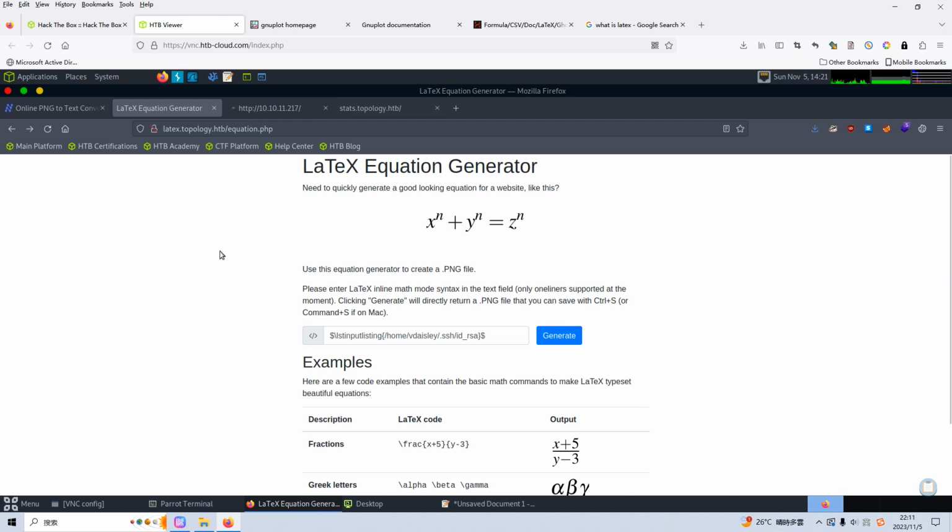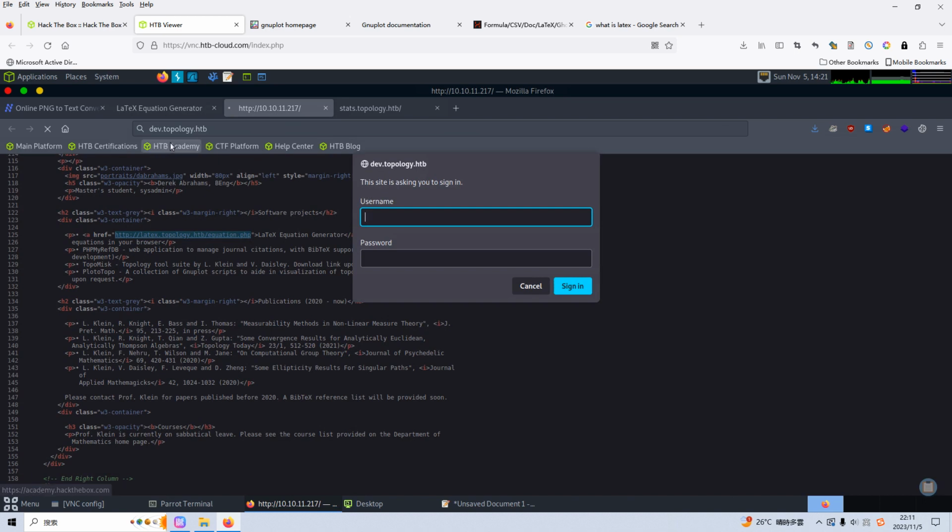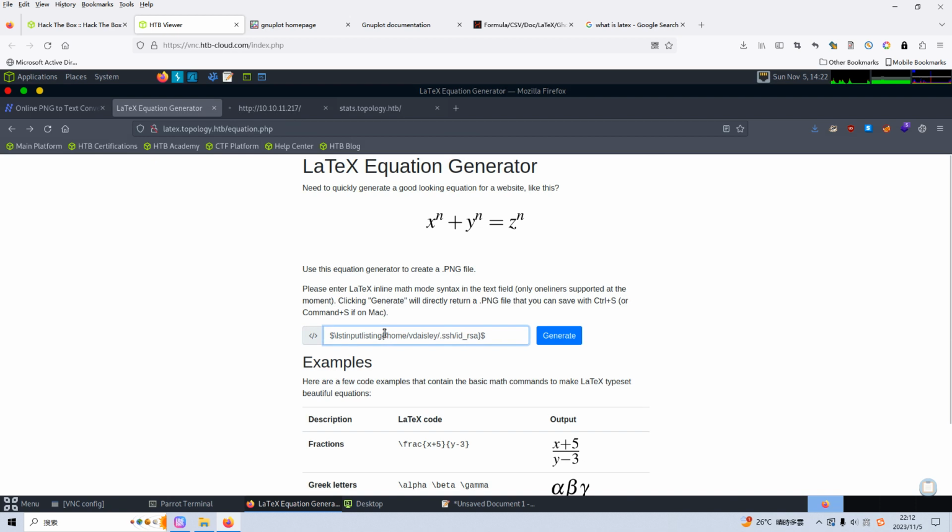So what can we do? As we access this dev subdomain, we are required to supply the username and password. And this is basic authentication, which is configured by the author or administrator. Such password and username information is always located in the htpasswd file. So maybe we can utilize the command injection vulnerability of LaTeX to retrieve the content of the htpasswd file. So let's do it. We can go back here. The root directory of www should be /var/www/html and htpasswd,